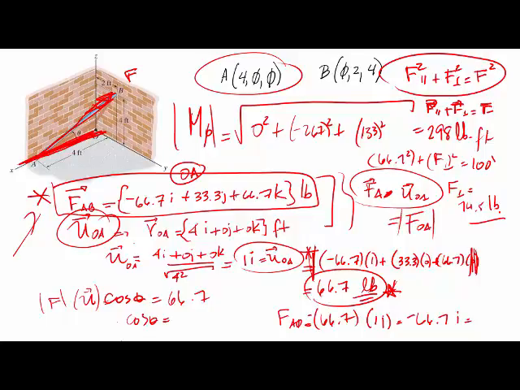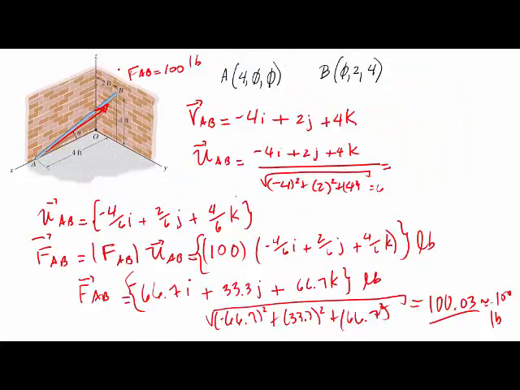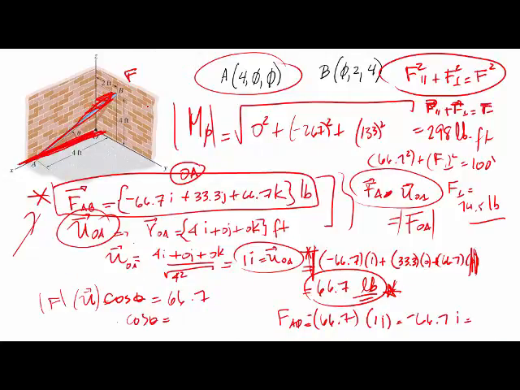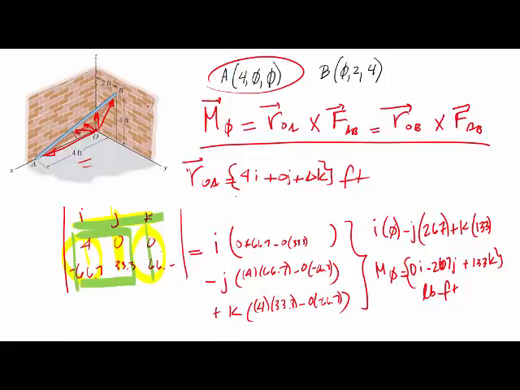Questions? Ask me, I love questions. Excuse me, where did you get the 100 from? The 100? It was given. It was the magnitude of the force vector. See, this was given. Okay? And then you found the perpendicular and the parallel. Questions? Okay, so